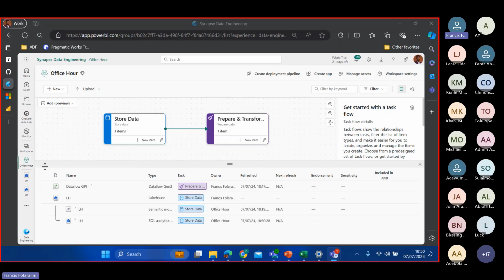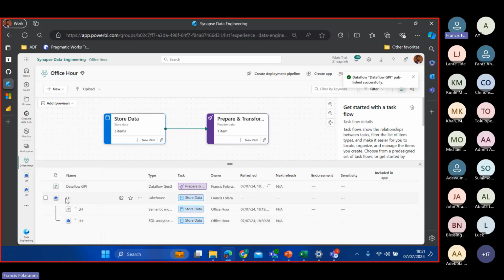As that is loading, now we have different experiences. Everything that we have done is within the Data Synapse Engineering experience, which is the data engineering experience. But because of time, I don't want to put it in a pipeline because it's just a one month project. I'll proceed now into the visualization, which is Power BI, once my data flow is available and fully loaded for me. So let me check. Okay, it's still loading.